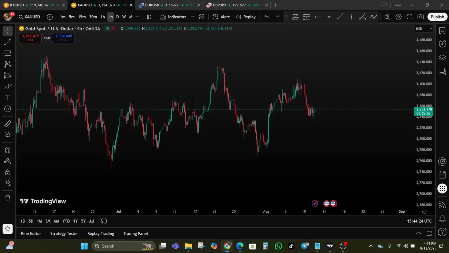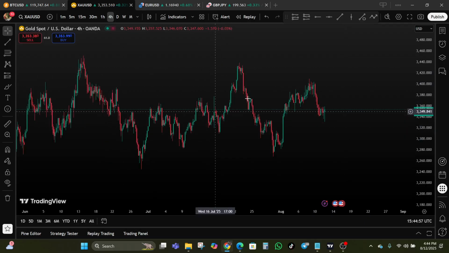Down how to make money trading gold using price action chart analysis. Now this method strips away unnecessary indicators and focuses purely on reading the market's movements to identify high probability trade setups. Okay, now you need to understand that price action chart analysis is all about studying how price moves over